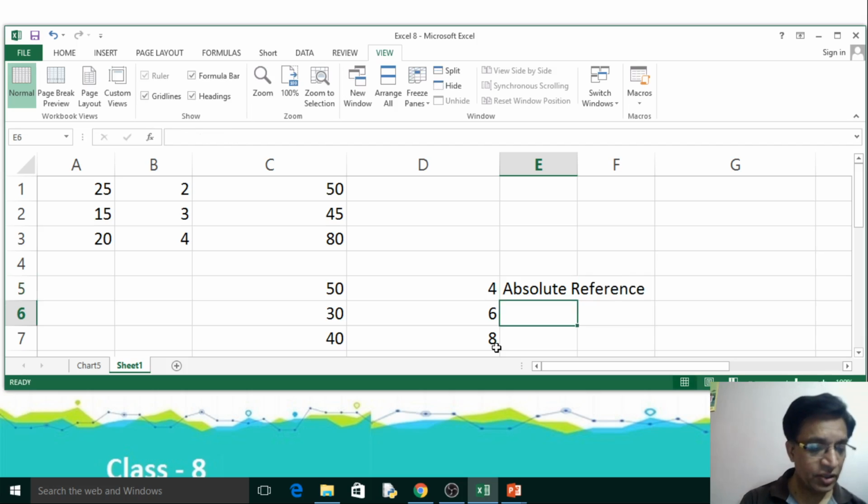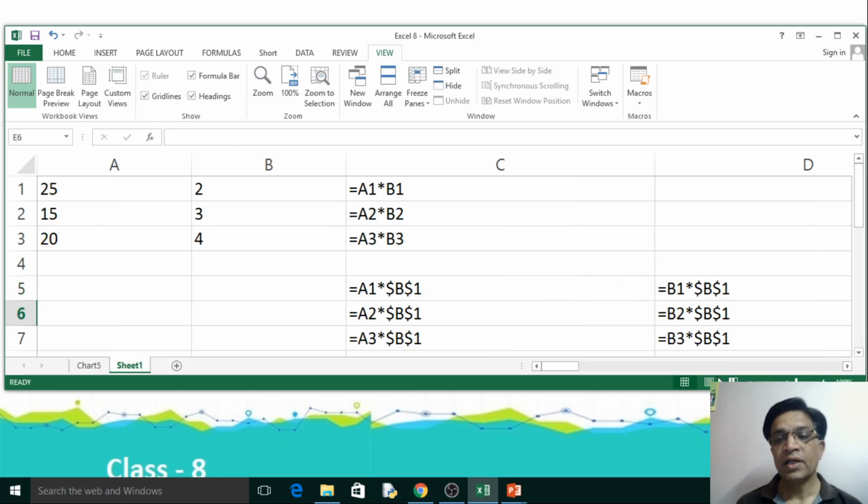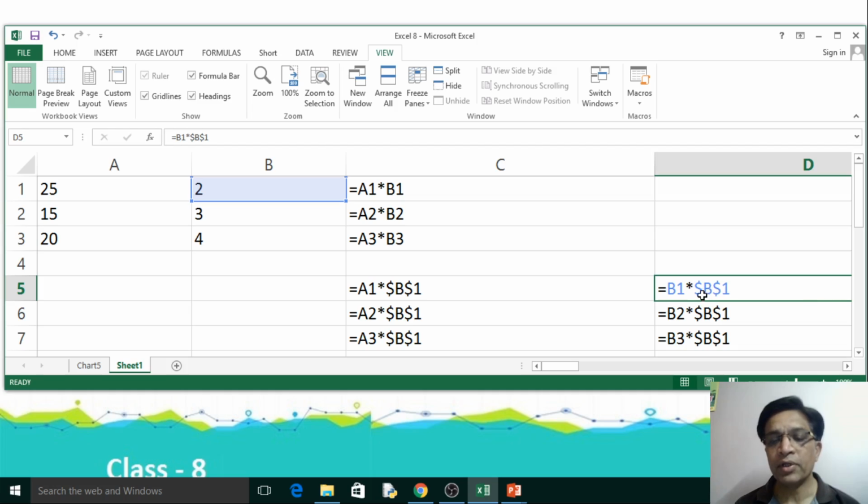Now again I'll show you on the screen. If I fix it like this, then it becomes absolute. When I fix the row as well as the column by prefixing with the $ sign, it is called absolute. When only the row or the column is fixed and the other is relative, it is called mixed referencing.